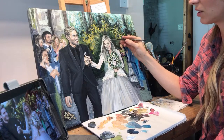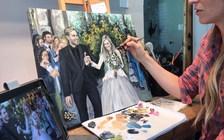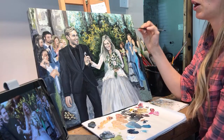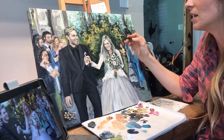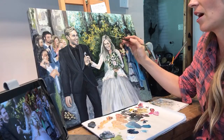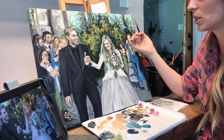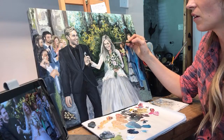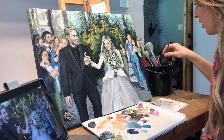I worked on her face a lot. I really wanted to capture her expression looking down. I wanted to pick out her strongest facial features and make sure that I got those correct. Some of the other things I could be a little bit more carefree on, like how her hair is styled, because her hair could be styled some different ways and it'll still look like her. But if I don't get her facial features right, then it's not going to look like her. Same thing with